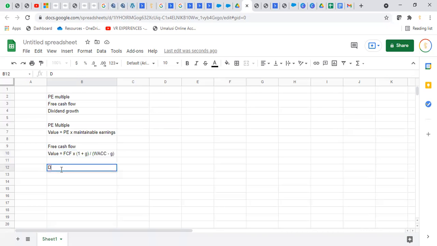For the dividend growth model, it's a similar formula. Say value